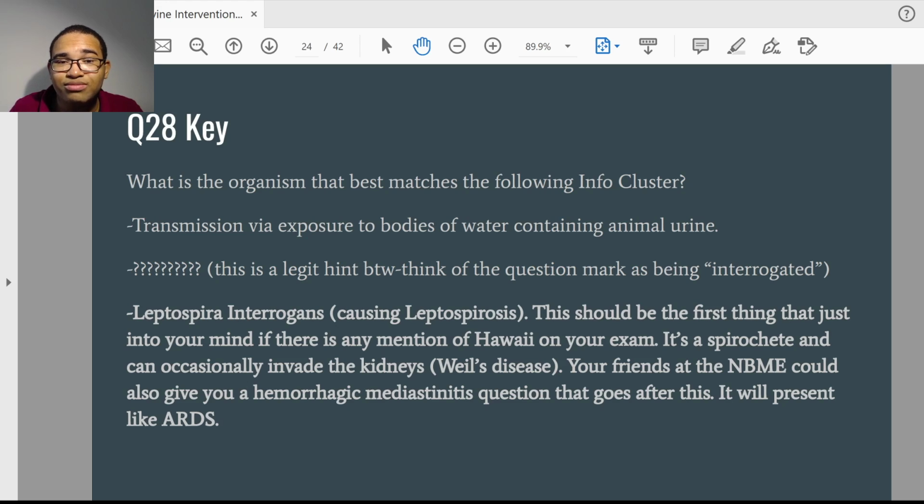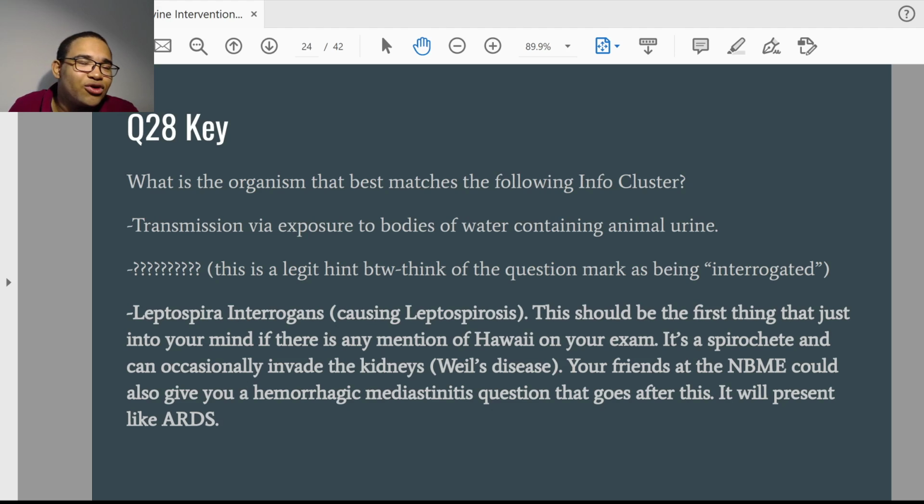So believe it or not, one means you can actually use to diagnose leptospirosis is with dark field microscopy. And it tends to cause conjunctivitis, so like bilateral red eyes. And then sometimes it can invade the kidneys, and it can cause something called Weil's disease. And the thing is, one sneaky thing your friends at the MBME could do to you on